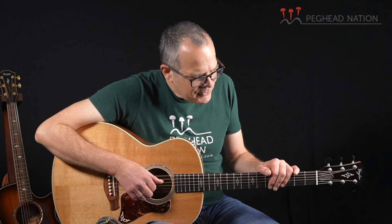There are so many internal construction things that differentiate this guitar from any 814 ever made that you really have to think of it as a different guitar. Really at the root of this new Gold Label series is the fact that Andy Powers was trying to capture a new kind of tonality for Taylor guitars. Taylor has never been a company that has tried to emulate a vintage tonality or vintage sound, or in any way capture what classic American flat top guitars have offered. And even though this guitar is built completely different from any vintage instrument you've ever seen or played, it does capture a little bit of that vibe, that tonality